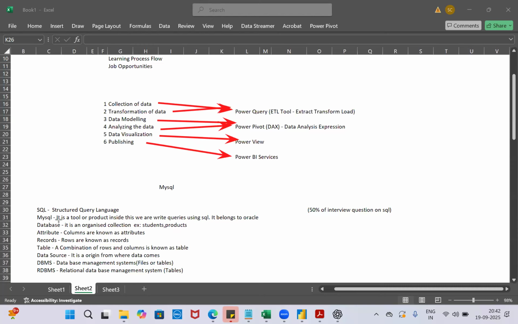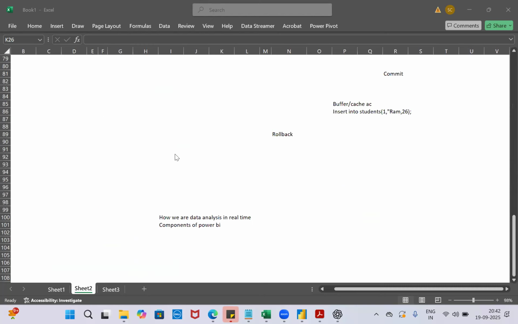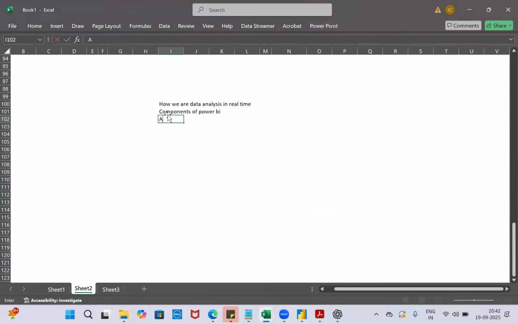After this, we discussed the agenda: the entire agenda, what all I'm teaching in all the modules, like Power BI, MySQL, Advanced Excel, Python, Git, everything. Correct. So this is what we discussed. And today we are going to start our sessions, and we are starting with Advanced Excel, from basics to practicals.